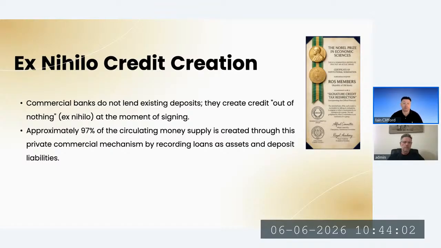The governments do it too. The governments don't use taxes to pay for things. They create ex nihilo credit as well. You have the Treasury and the central bank, and the Treasury basically issues a promise to pay, like makes a deposit, and the central bank issues a debt, and that's how most of the world's economy is financed at the government level, through ex nihilo credit creation. So it's not just going on with mortgages; the whole system worldwide, every country pretty much, uses the same ex nihilo credit creation.